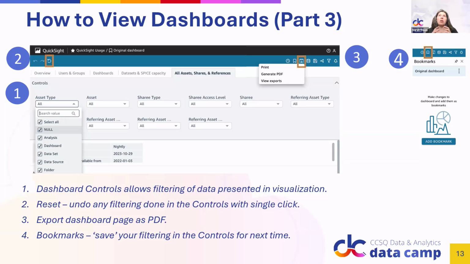So if you know that your users always want to go look at the state of California and not the other 49 states or territories, they can select their controls, and then they can select the bookmark menu in that upper right-hand blue corner, and then they can add that so that the next time they come back to their dashboard, it will automatically set all of those controls to their bookmark version, so they don't have to go in and manually select the data that they want.